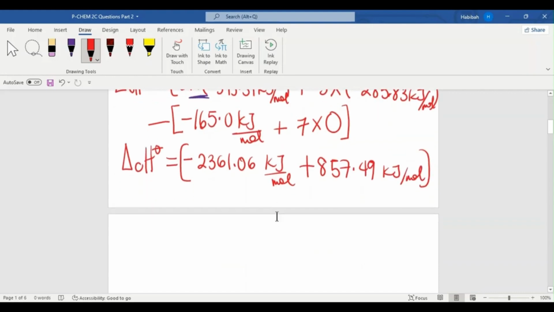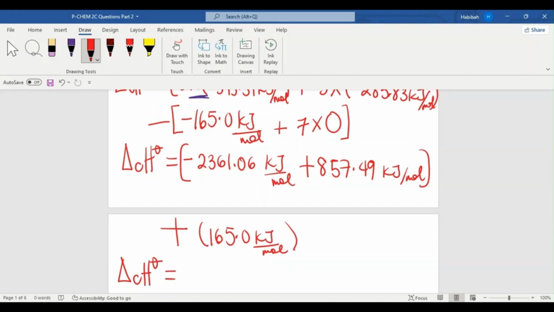And then you have minus minus, which I can just call plus 165.0 kilojoule per mole. Of course, 7 times 0 is 0. So the change in enthalpy of combustion is now going to equal negative 2361.06 kilojoule per mole plus 857.49 kilojoule per mole. So that's going to give you,